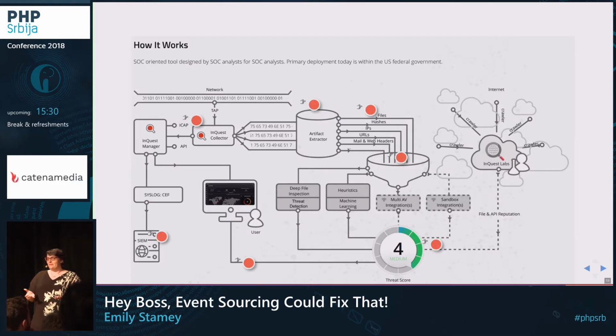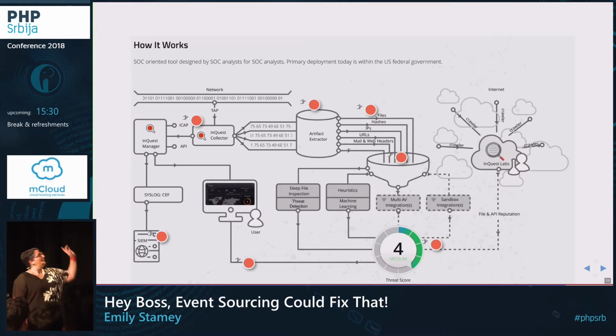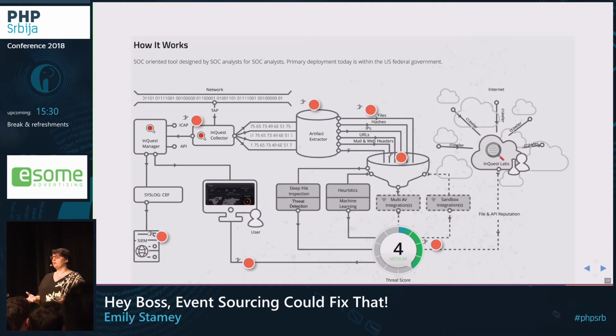And this is a diagram of what our product does, and on the website it's animated, so it's really nice and flashy, but I couldn't even move through my slides right now, so it was good I didn't try to add animation. But basically, across the top there, you have your network traffic. And what our product does is it looks at that network traffic, analyzes it for known threats. We have security analysts who know the types of threats to look for, and they'll break it up into pieces so that we can continue to analyze it.